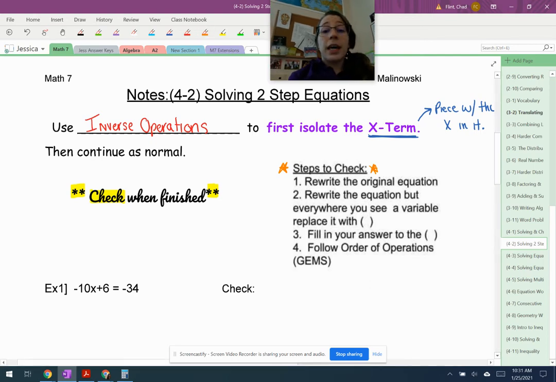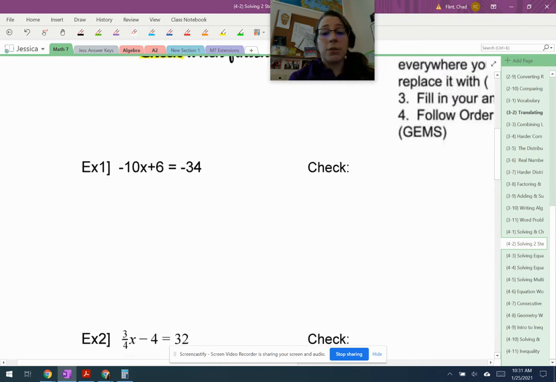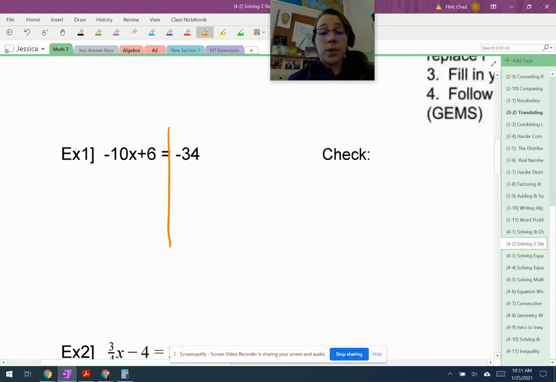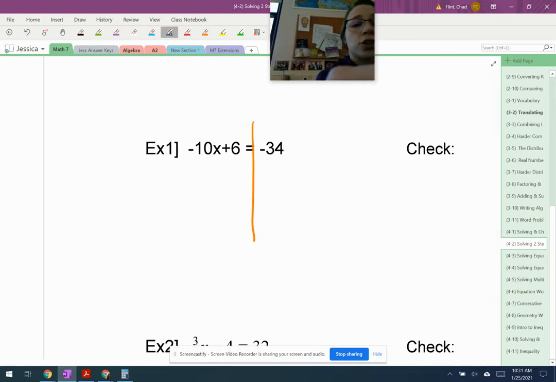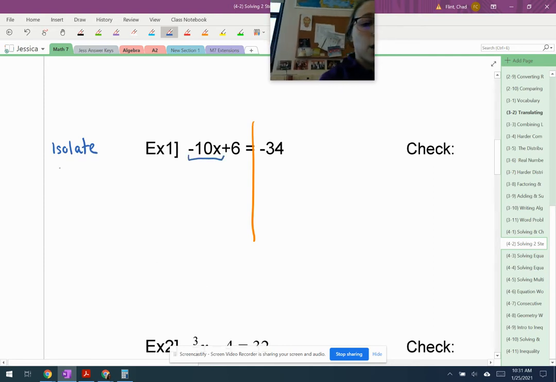So again, we can split this equation into two equal parts, down the middle at the equal sign, coming from that first lesson when we talked about it. So now, remember, we want to isolate the x term first. So we want to isolate which term is the piece that has the x in it. That would be the negative 10x. So we want to isolate the negative 10x